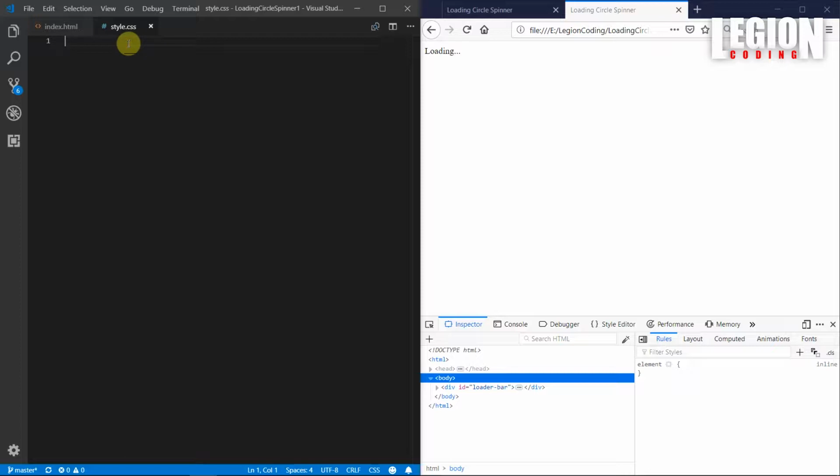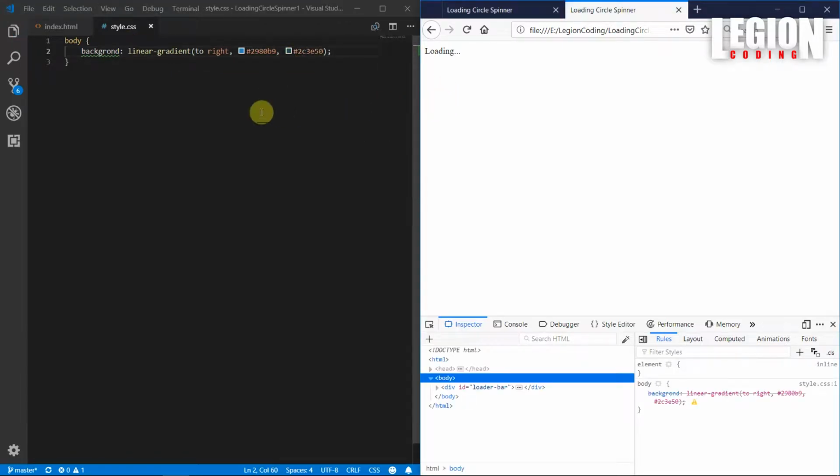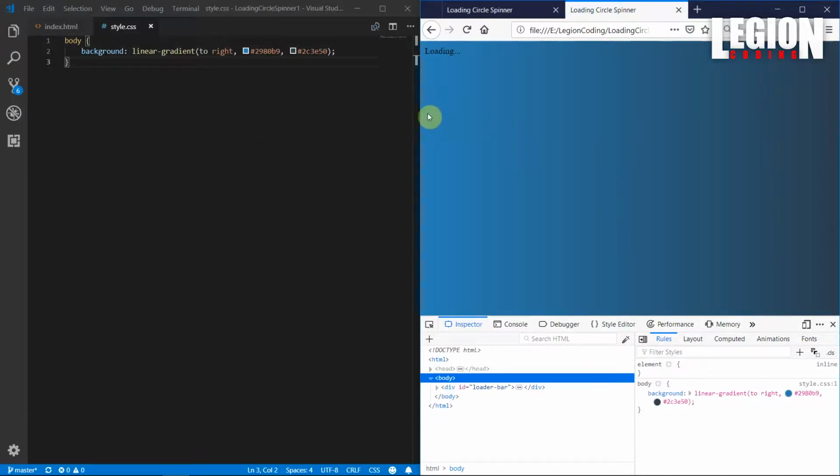So I'm going to change the background of the page just so it looks like our example. I'm using something called linear gradient. Now this allows you to put in a gradient as a background instead of just a single color. Now I'm going to choose some colors which I've already liked before. Oops, I just made a typo there. So background, and you'll see that we have this light blue going from left to a dark blue on the